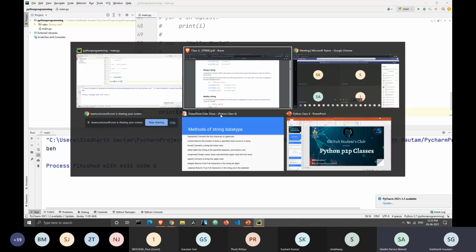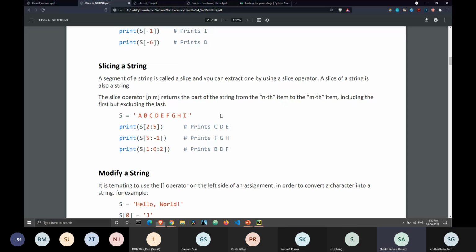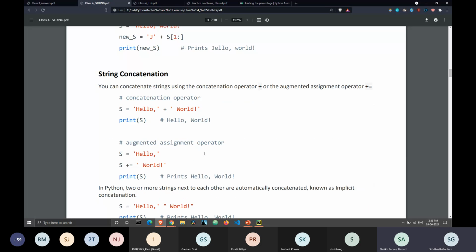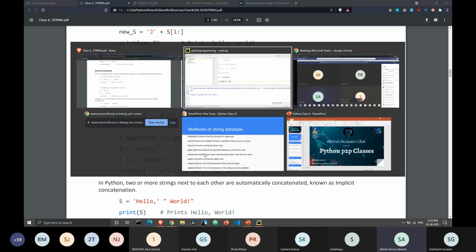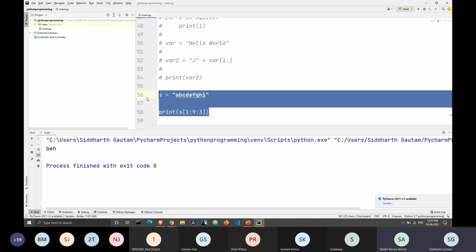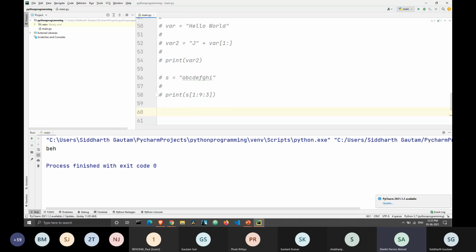This is the same concept that you have learned while looping, the concept that we used in range. Concepts are repeating, so try to correlate with the previous concepts. Every concept in Python repeats. If you remember the syntax of a for loop, for i in range 5 goes from 0 to 5. For i in range 3 to 7 starts from 3 and goes to 7. And for i in range 3, 9, 2, it will start from 3 and go to 9, but skip 2 elements at a time.